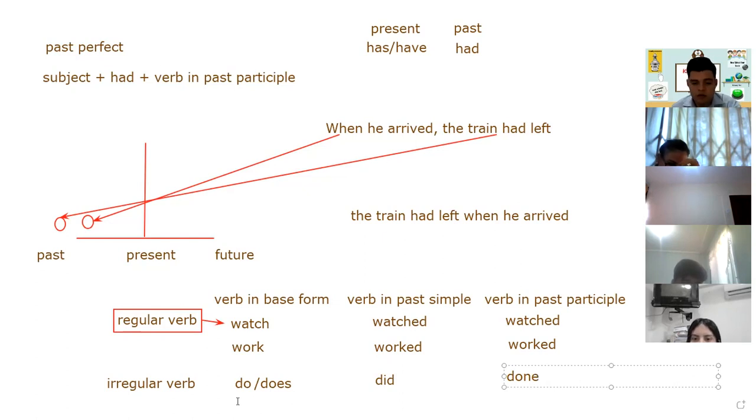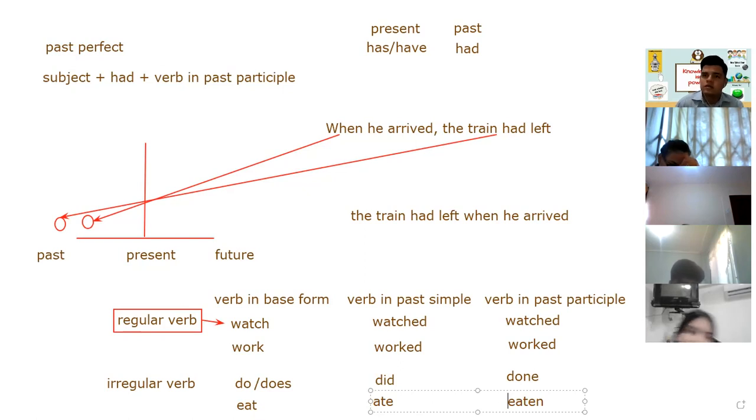It's the same with the verb eat. Okay. Eat. In past simple, we use ate. But in past participle, we have to use eaten. Okay? So the regular verb, you don't have to memorize because in past simple and past participle, always we use ed. But the irregular verb, you have to memorize, okay? On the internet, there are a lot of lists of irregular verbs in past simple and in past participle, okay?